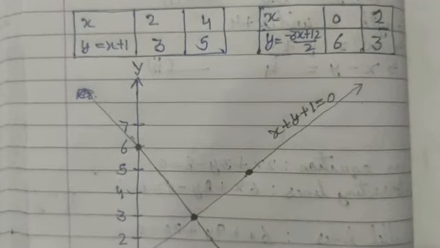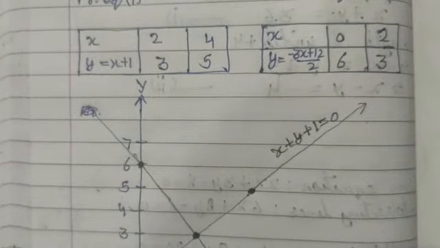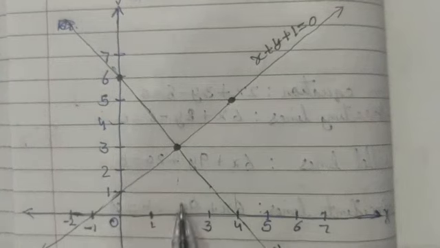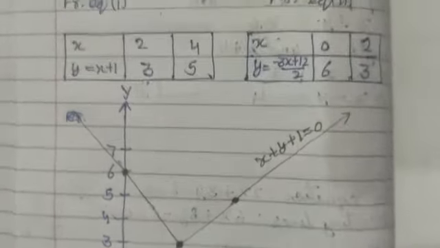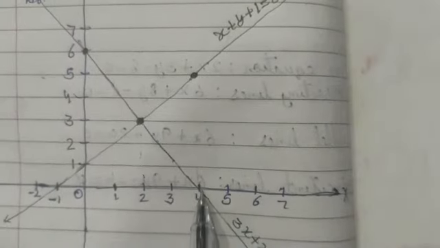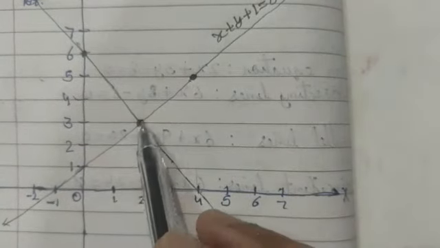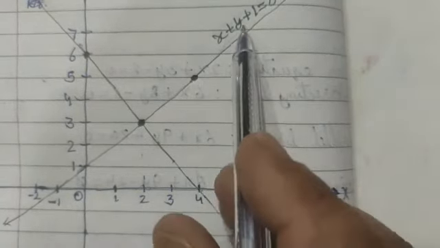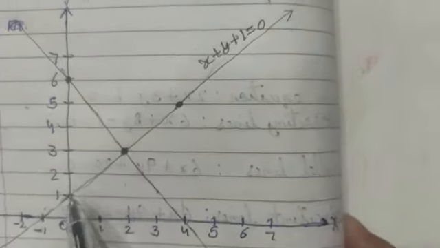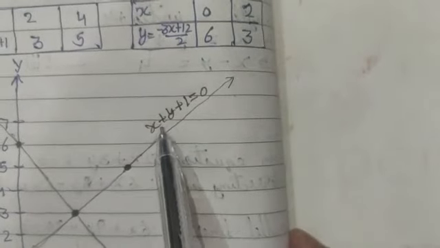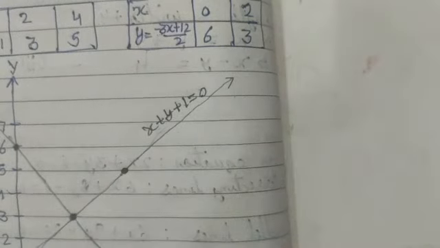Now for the equation first, we are drawing a line on a graph. Now this is origin. Here the first point is (2, 3). The x is 2, y is 3. So this is our first point. Second one is (4, 5). If x is 4, then y is 5. So this is our second point. Now on joining these 2 points and producing the line infinitely to both ends, we will get the line for the equation x minus y plus 1 equal to 0, that was our first equation.